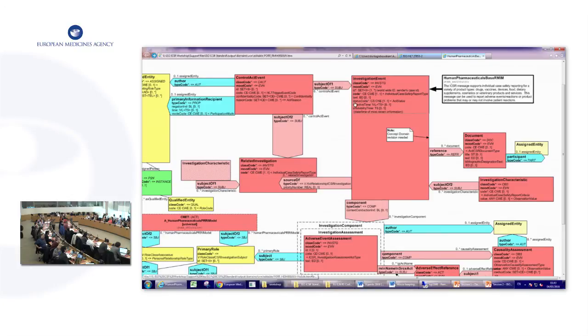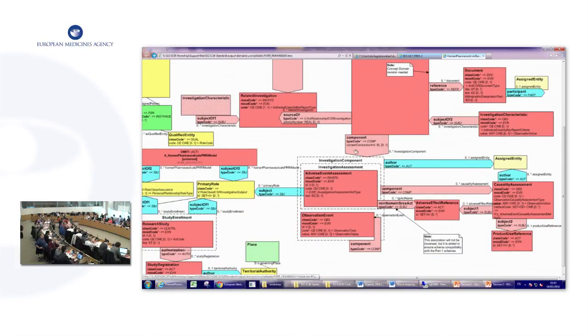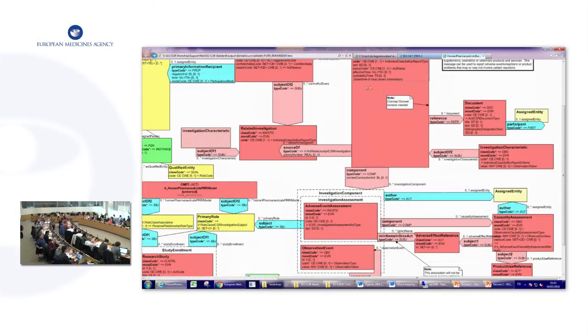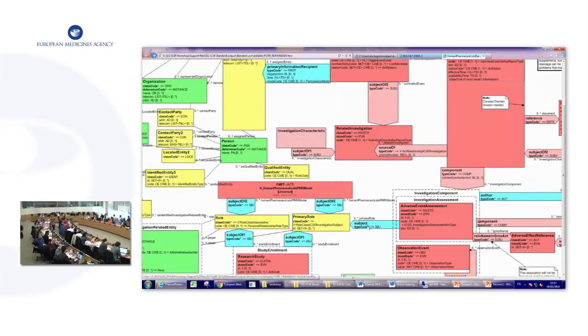There's an investigation event which has an effective time, availability time. This is the administrative information. You have an ID, which is the worldwide case ID for this event. So this is all captured at this level. With it, you have an investigation event. There's something associated with this investigation, because there's different types of investigation. I won't go into the detail. But if you come over to the left,